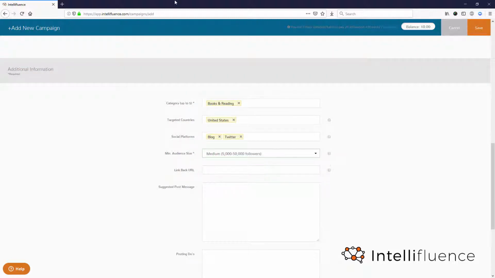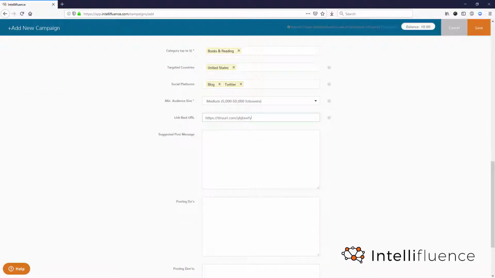Medium here. And then you have the opportunity to enter the URL if you have a URL you want promoted right there. And then you can provide a suggested post message as well. I'm going to provide a prompt for the tweet, since I'm looking for unbiased reviews from bloggers. I'm not going to tell them what to write in their blog post, but I can give them a prompt